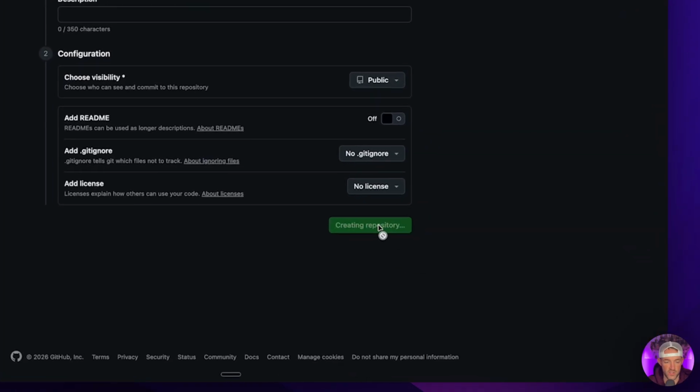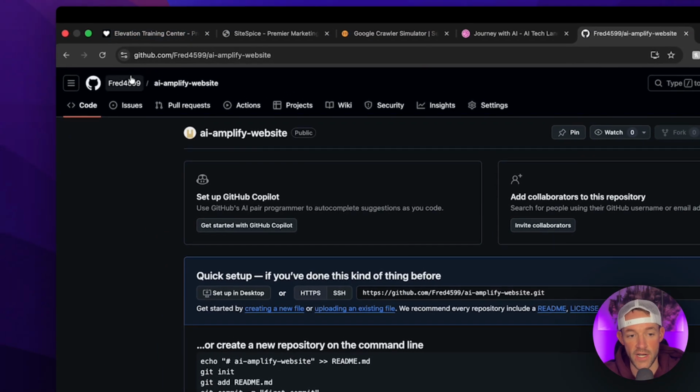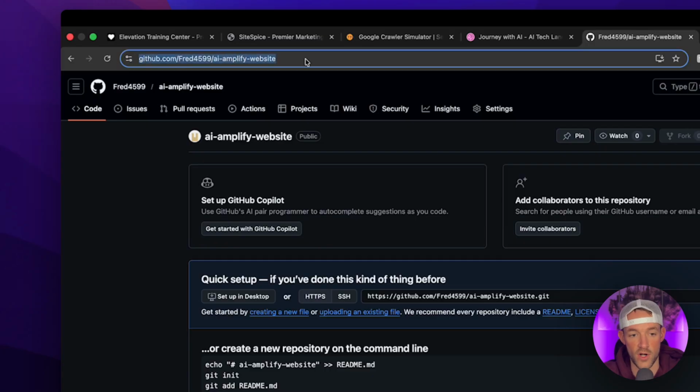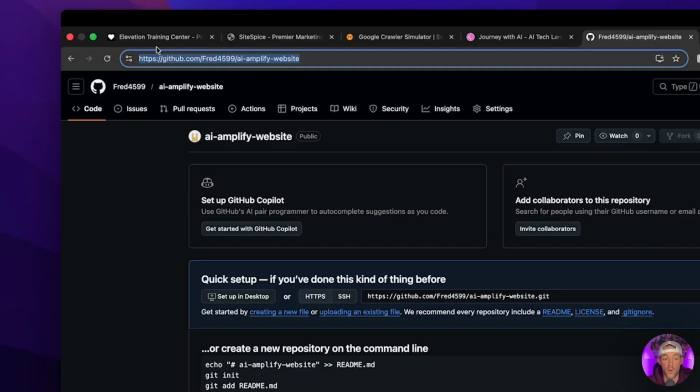And then create repository. And then you're going to notice at the very top, it has the link now for your repository. So mine is stored underneath my account. And then here is the repository we're going to send it to. We are just going to copy that link. Then we are going to go back into our